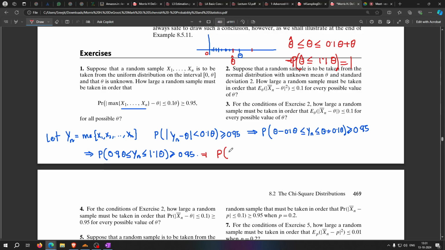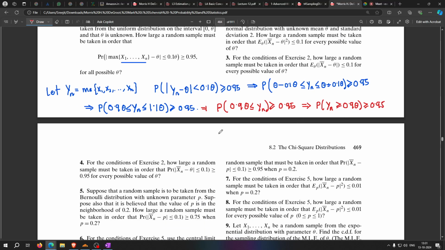what is the probability that 0.9 of theta is less than or equal to yn, and this probability needs to be greater than 0.95. I can just write that as the probability yn is greater than or equal to 0.9 theta, where again I can write yn to be less than or equal to 0.9 theta. I am taking the complement, so this will become less than or equal to 0.05, 1 minus, right? I am doing 1 minus, okay, so this becomes,